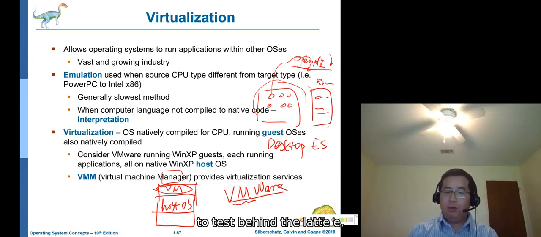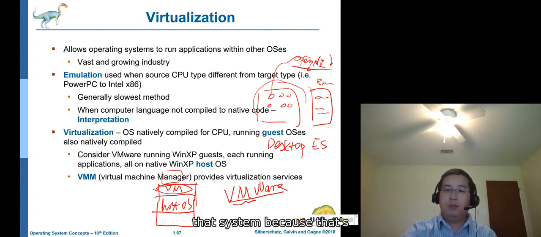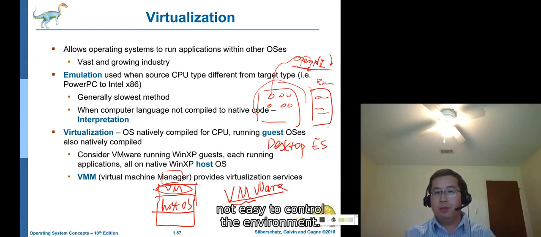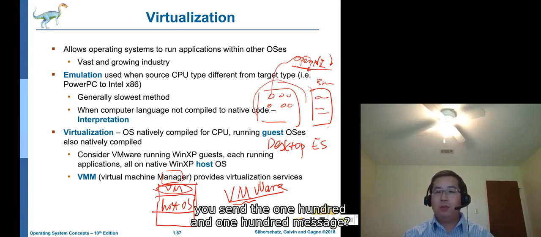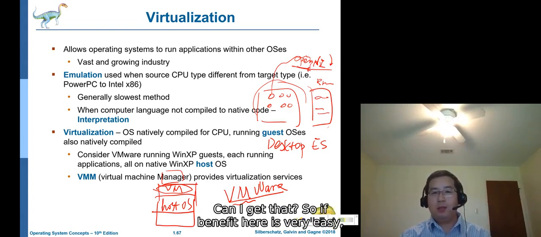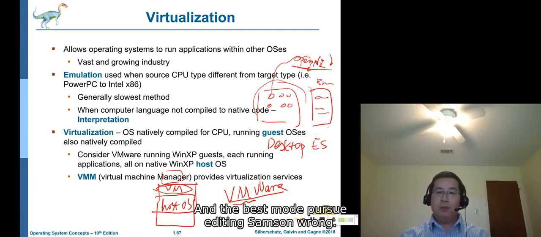Sometimes it's not possible to debug the embedded system, because it's not easy to control the environment. For example, how can you send 100 messages? But here it's very easy. We can control it. We can send 100 messages in a batch mode and see whether there's something wrong.